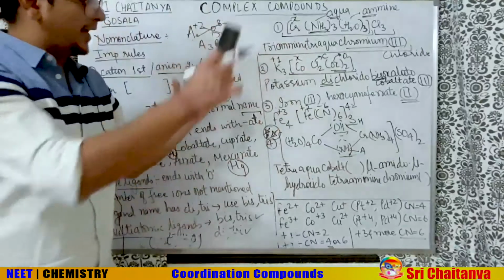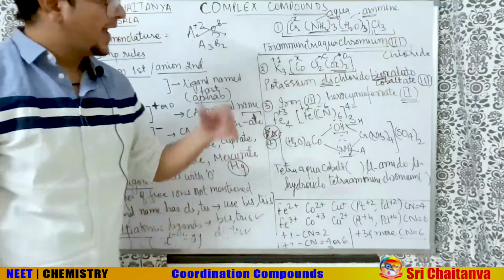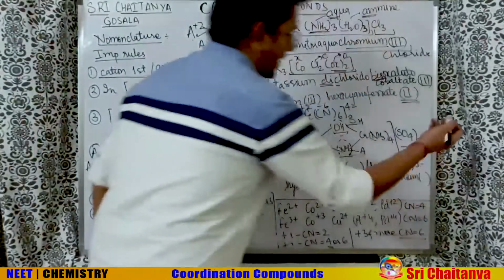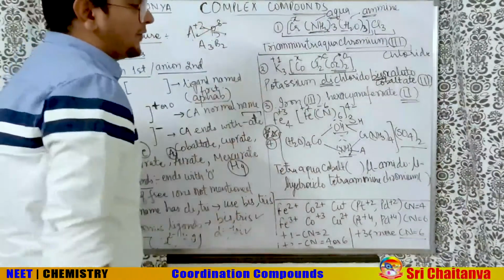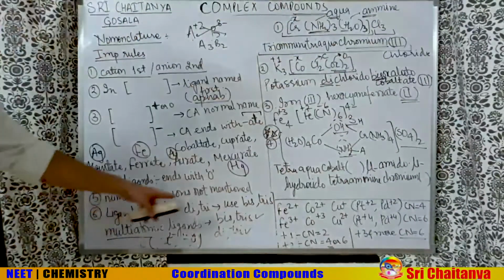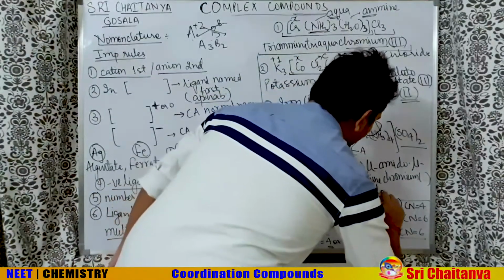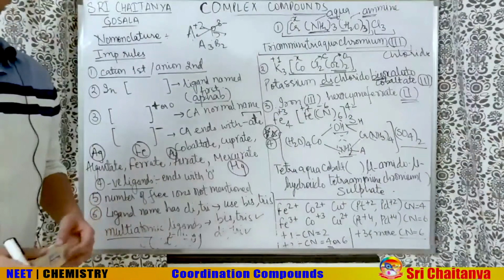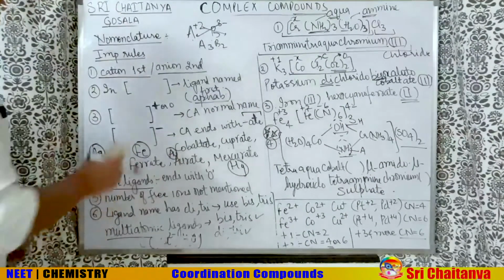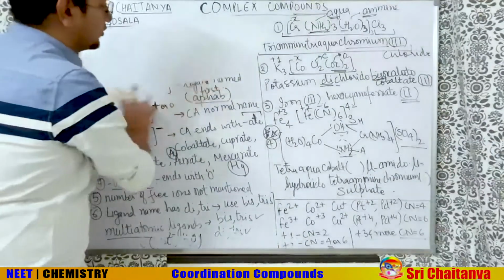Big cation was there, big name of the cation came. And finally is the chance to write the name of the anion. Should we write disulfate? No, for free ions, no need to mention the number. Simply write sulfate here. Now comes the most important part here, for which I actually took this question.